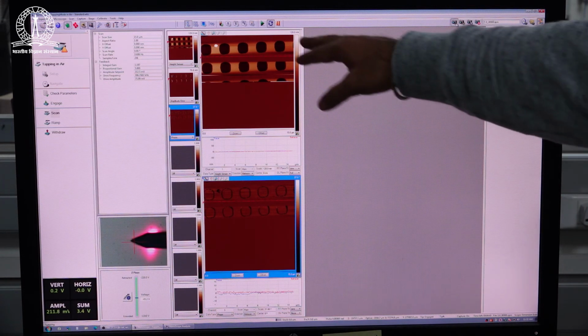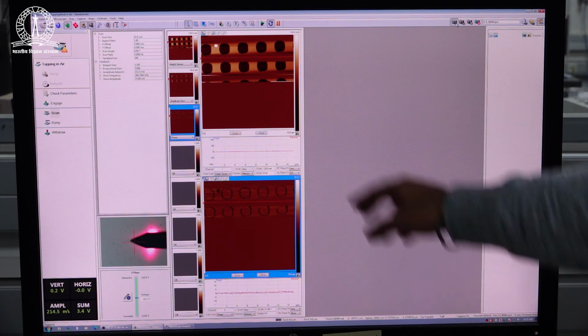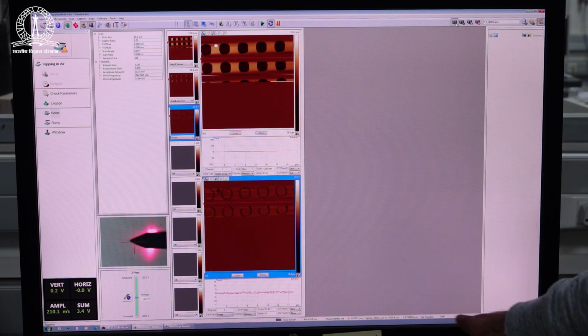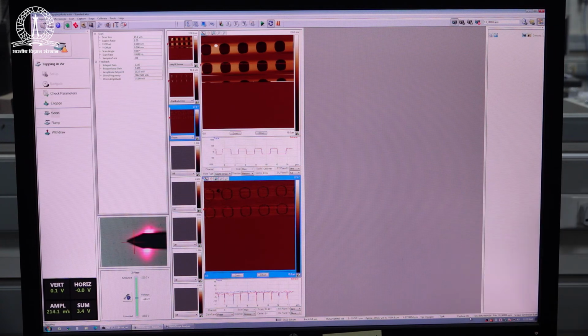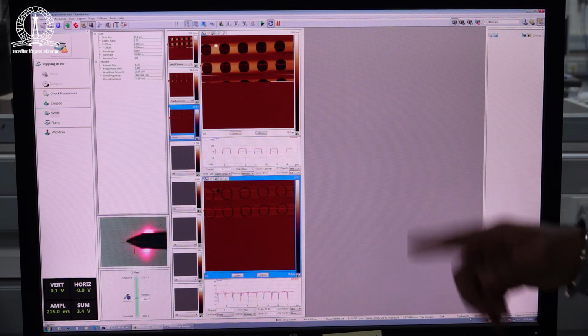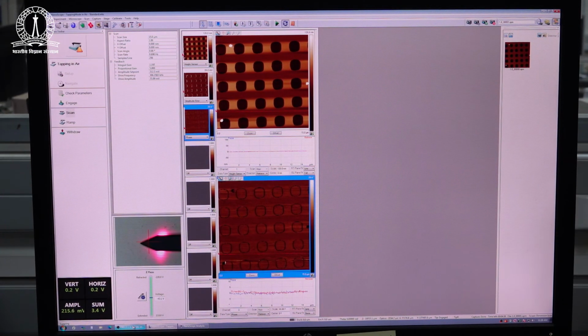What it will do is, at the end of this image, it will capture that particular image. And you can always see here at this part of the screen, if the capture is on here like this, it will tell you that at the end of this scan, it will capture it. In case the capture says capture next, then it will not save it at the end of this image. You will have to wait for its turn again. Now you can see the image is already completed, and it has started going in the other direction